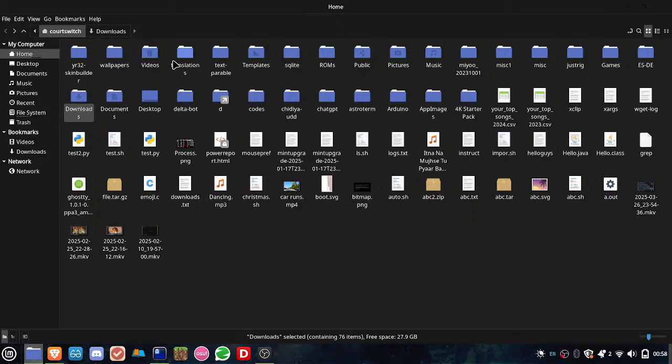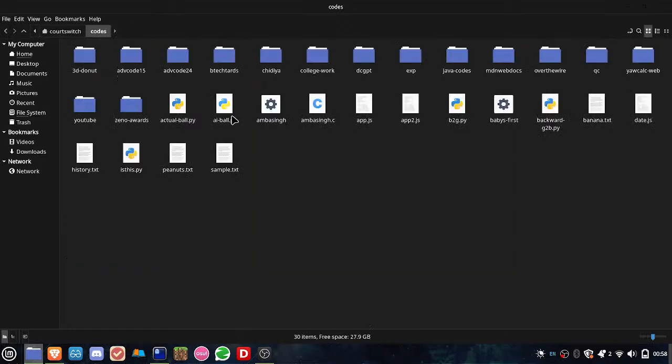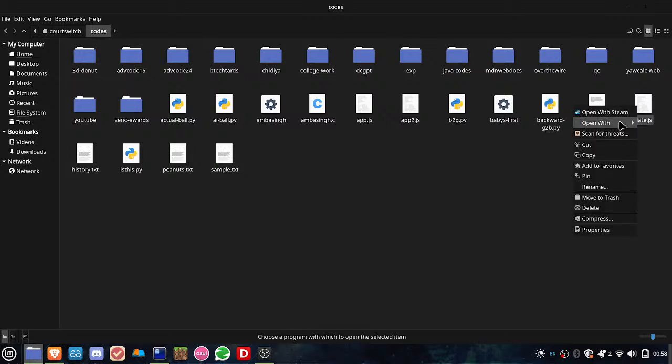So where is my actual codes? Codes. ABCD. Yes, let's go. 3D donut. Now there are only codes here. Okay. Java codes, not Java codes. We're not talking about Java codes. We will actually be